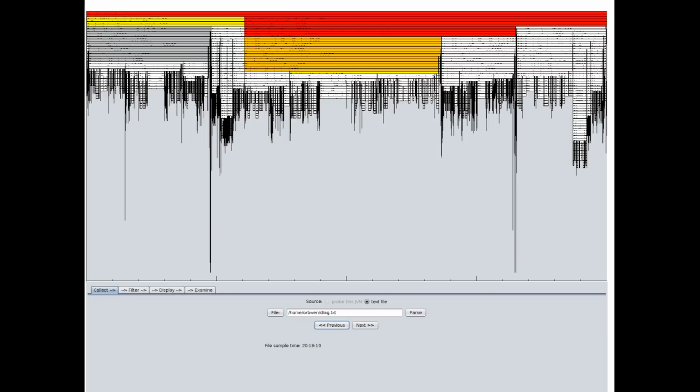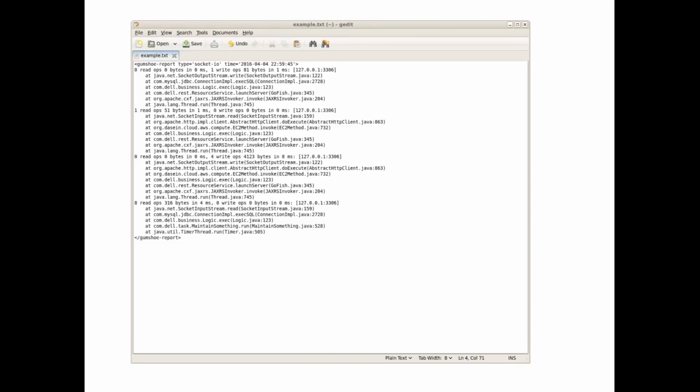Without the right visualization, this can be overwhelming, especially with a complicated dataset. So let's start with a much simpler example to understand how to use the viewer to filter our dataset. Let's begin with this very simple Gumshoe data file. I've created this one by hand just as an example so we can see some of the features of the